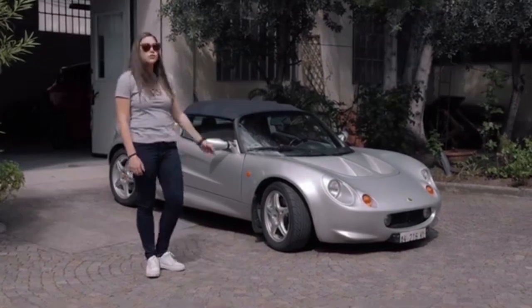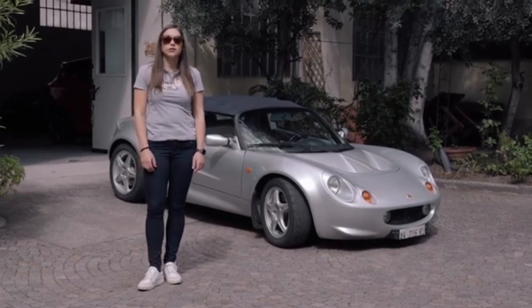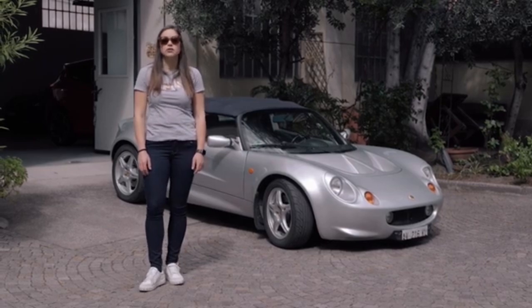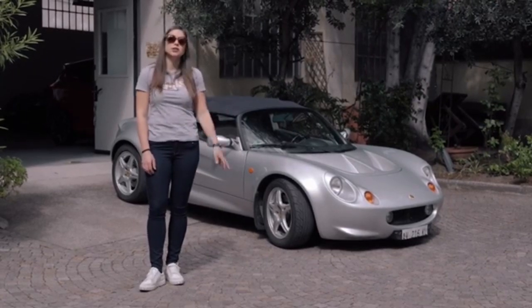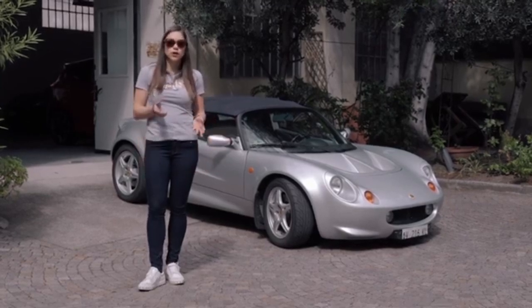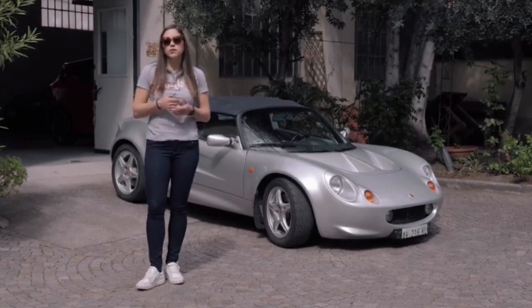So my grandfather had ordered it for me at the time, and he decided to have it in silver with the blue roof and the blue leather. This is one of the first ones, so it's an early one, and you can recognize it because it has